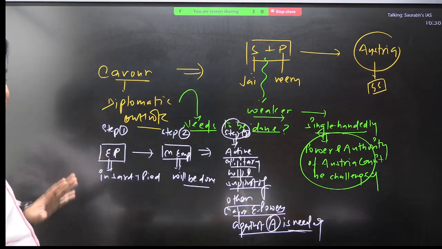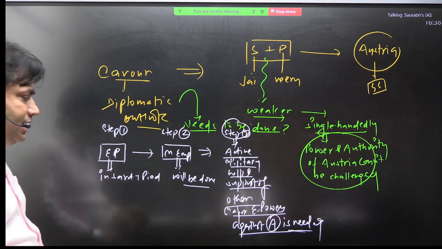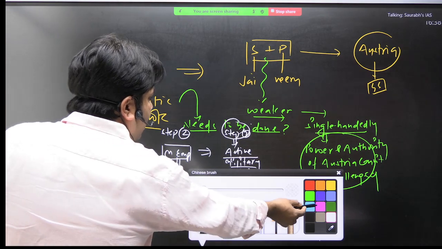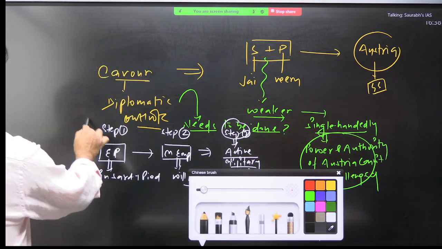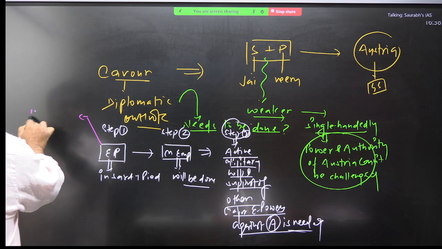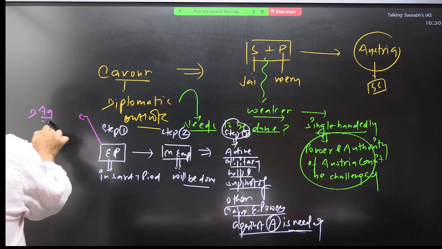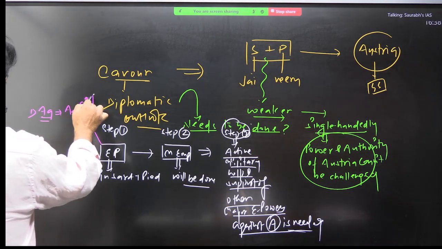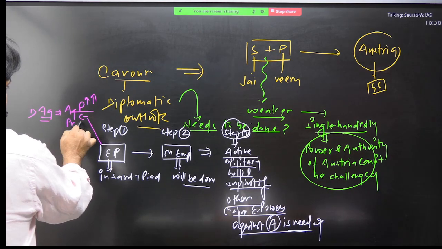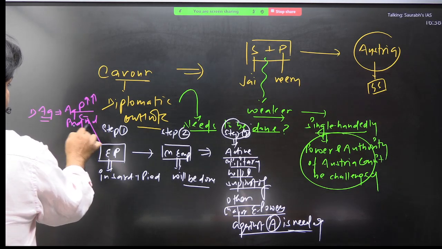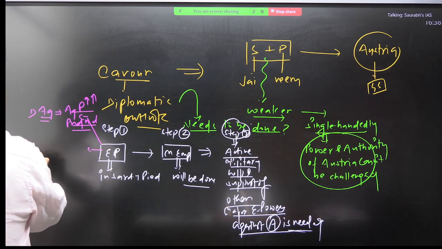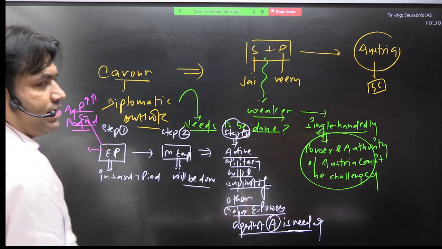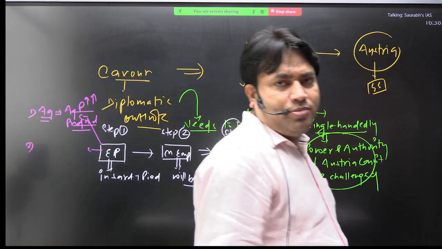तो पहला स्टेप क्या है? इकोनॉमिक प्रॉस्पेरिटी लाना. कैसे इकोनॉमिक प्रॉस्पेरिटी ला सकते हो? How can you bring economic prosperity? So the idea is very simple. By promoting agriculture, by increasing agricultural production as well as productivity. ठीक है, agricultural production and productivity will be increased and this will bring economic prosperity.